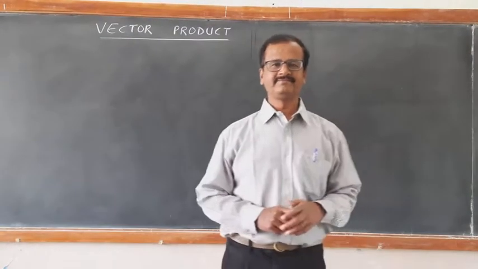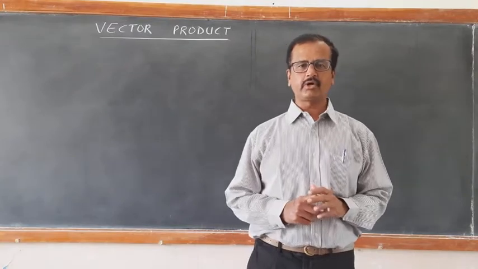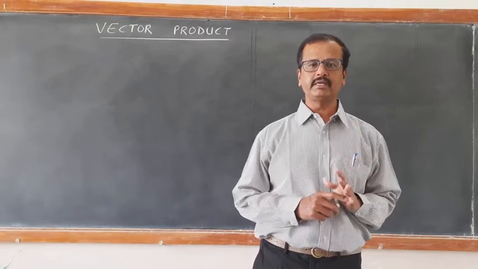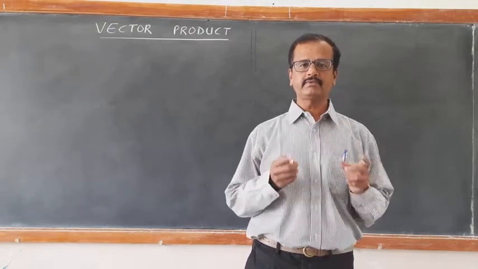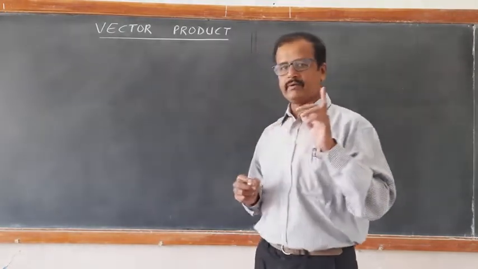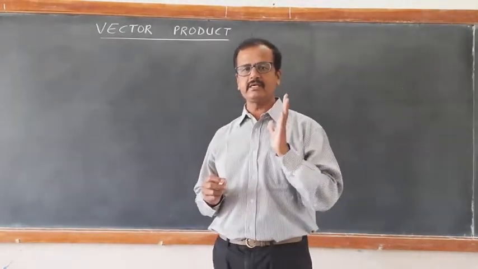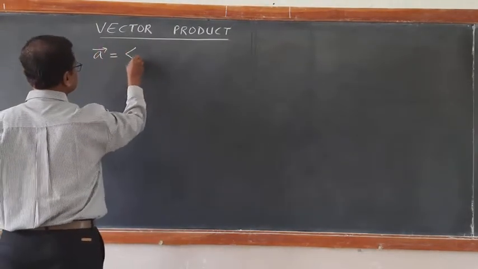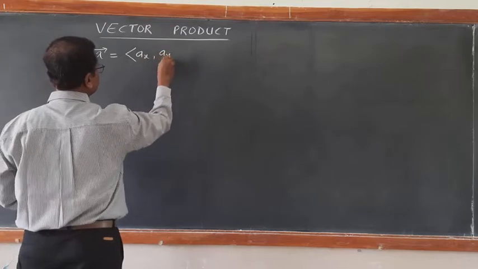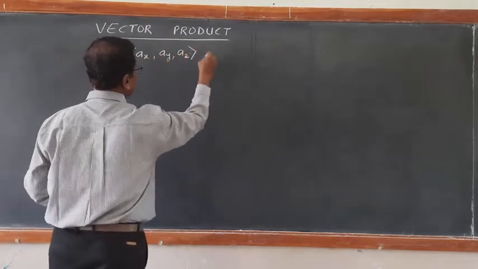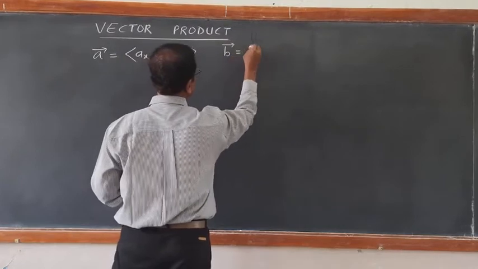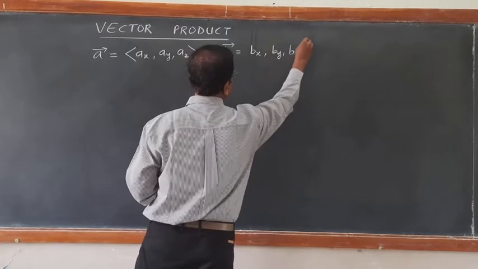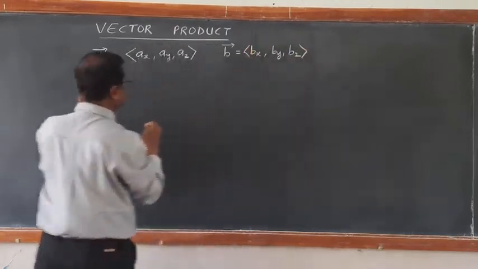Good morning, students. Yesterday we were discussing the cross product of two vectors A and B, A cross B. It is also called the vector product as well as the cross product. When the vector A has components Ax, Ay, Az, and vector B has components Bx, By, Bz, right? Then vector A cross B